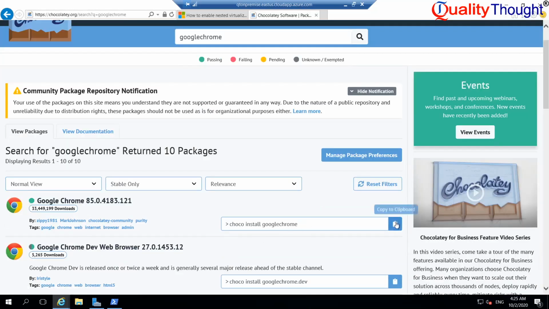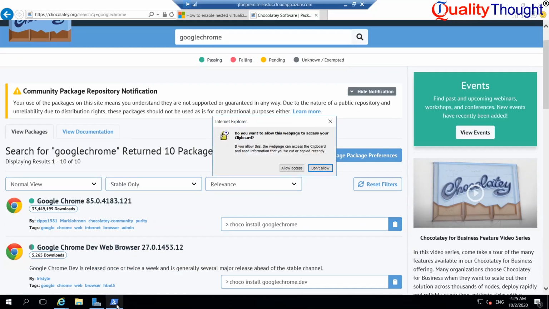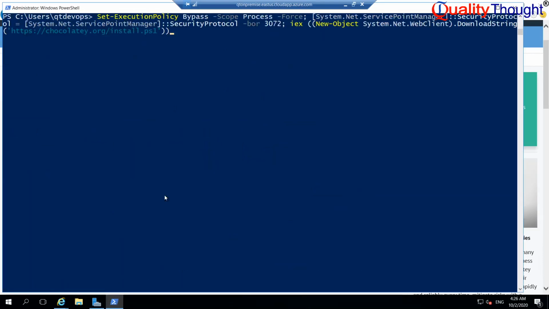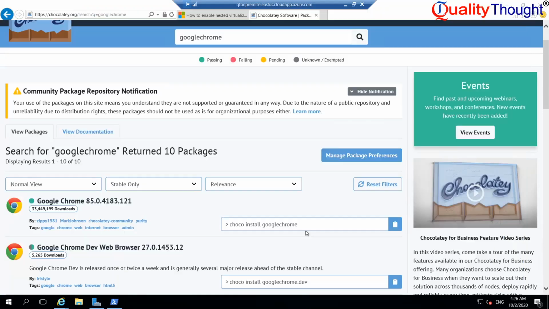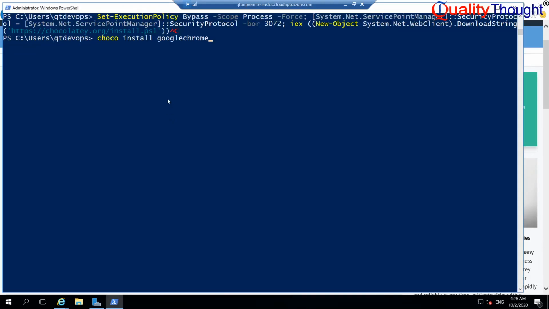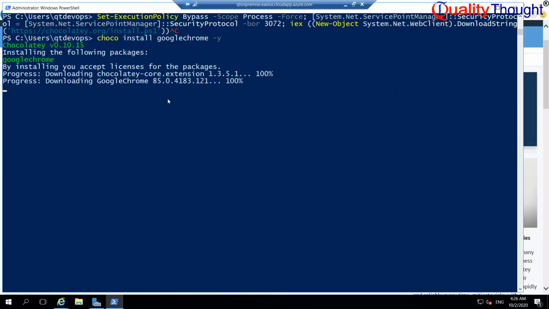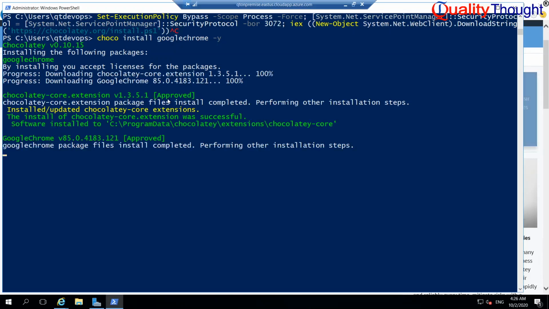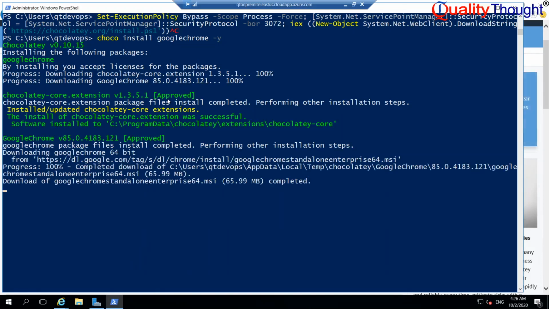If you see the command, just copy this command over here, because this will help in easier installing of the software. Allow access, and then let us add -y to it. We might be using this Chrome browser later on when we start the migration process.